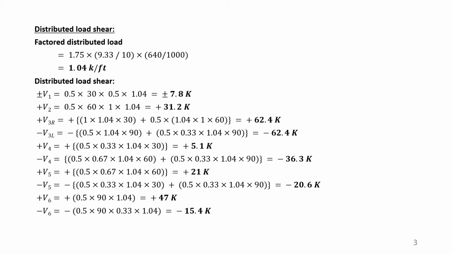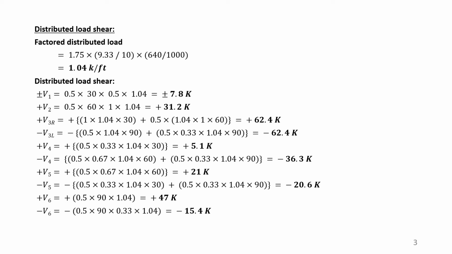This half is 0.5 and the load per running foot is 1.04, and the arithmetic calculation gives us a value of 7.8 plus minus. In V2, at the maximum point the ordinate is 1 kip per kip and the distance is 60. This is a triangle, that's why the average of this 1 and 0 is 0.5, distance is 60, the peak point of this influence line is 1, and the distributed load value is 1.04, and after calculating this we get